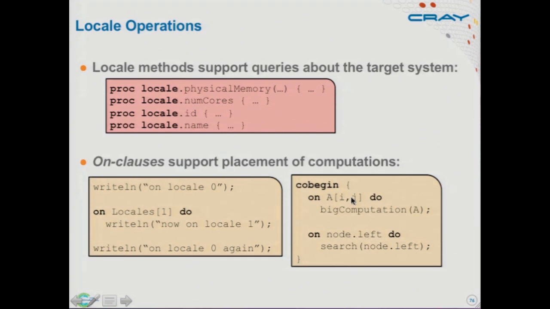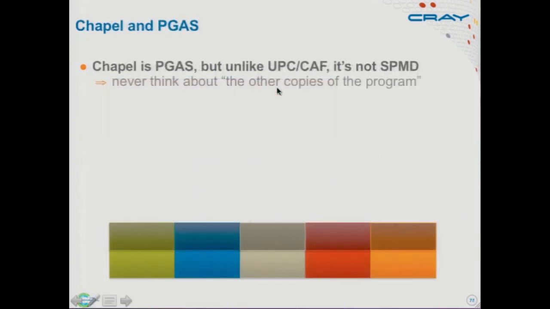So you don't have to explicitly say, run on node 2, run on node 4, which is obviously a brittle way to code. More typically, you'll distribute your data, and then you'll say, go wherever element i, j of array A is, and do this big computation that I know is going to take a lot of time there. Or go to wherever my left child is and continue this search that I'm doing there, as opposed to doing it here. And again, because that's orthogonal to parallelism, we're going to get 2 parallel tasks. They're going to go to wherever these on clauses say, and when they complete, then the cobegin will end. And that's locales in a nutshell.